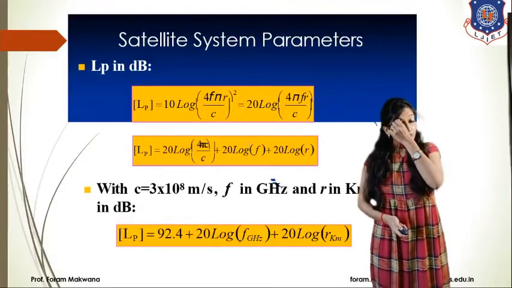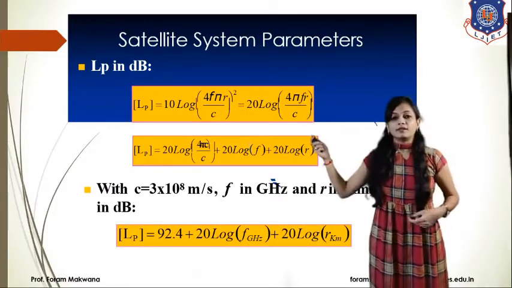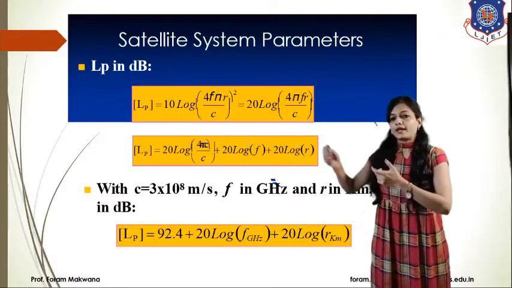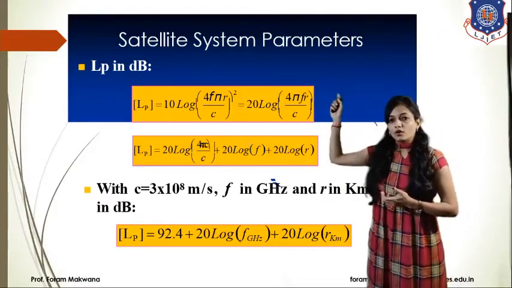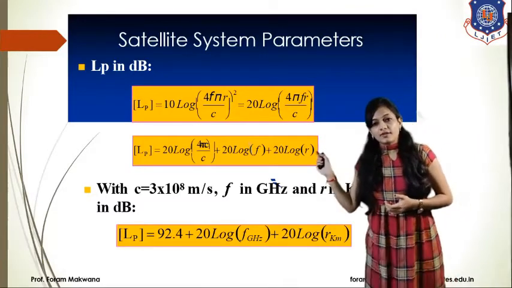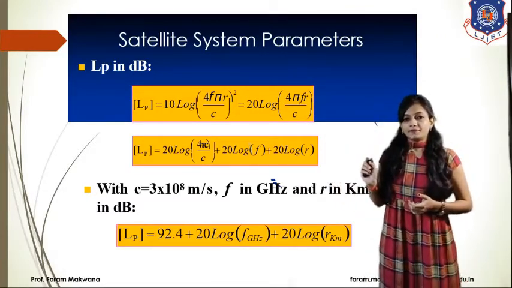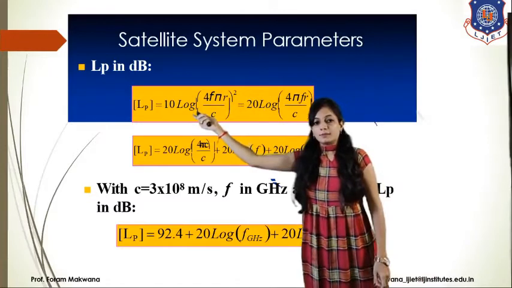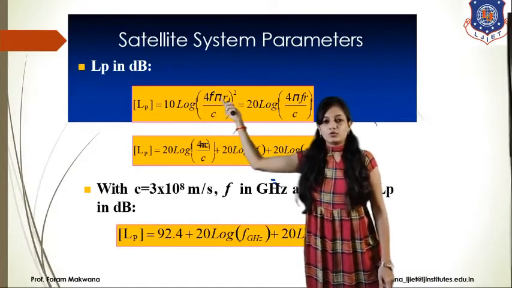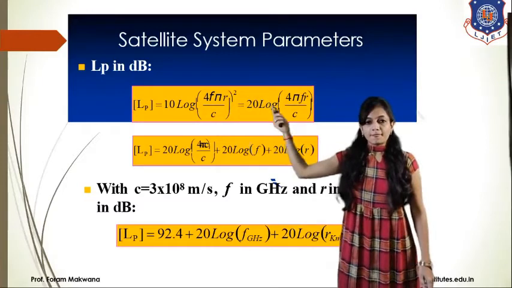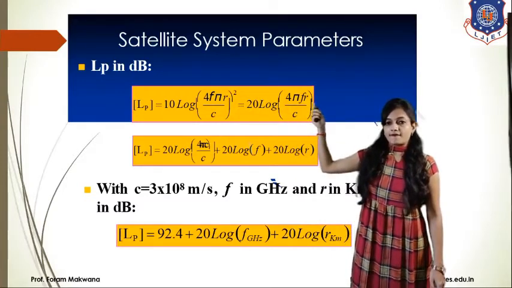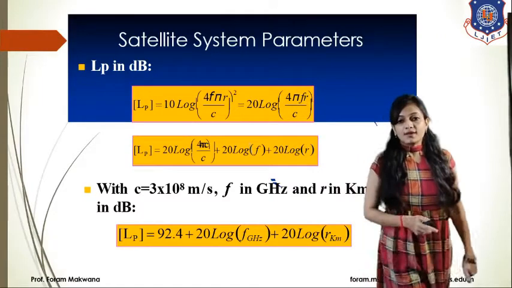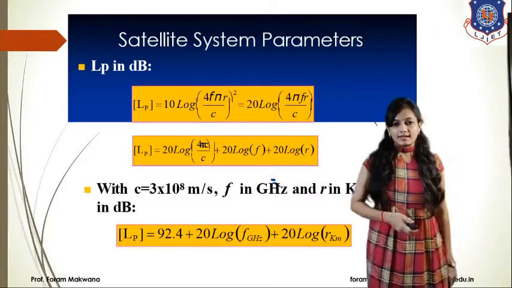Now, if I want to represent this quantity in decibel, then simply put 10 log base 10 (4 pi r upon lambda)^2, or in place of lambda we can use c by f. As it is squared, the square comes towards multiplication with 10, so 10 into 2 is 20. So 20 log (4 pi f r upon c). What is c by f? C by f is lambda. What is r? R is my range between the transmitter and the satellite.